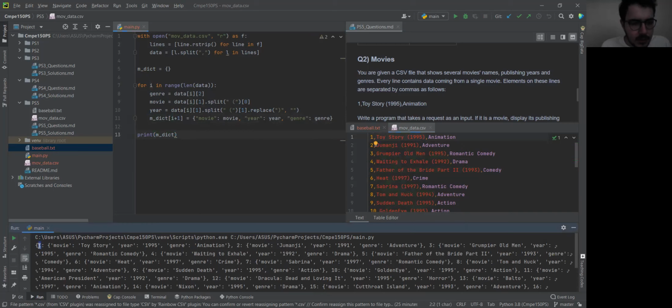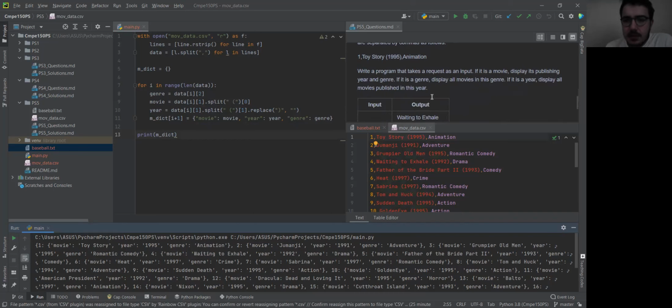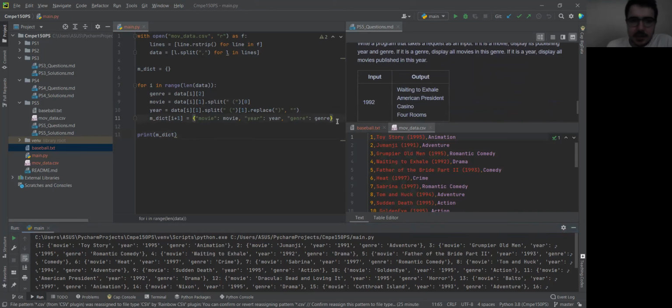The first key is here as 1, and its value is a dictionary which has 3 keys named movie, year, and genre, and it shows me the movie's name, the year, and the genre of it. So now I have a dictionary which contains all of the data coming from this CSV file. So then comes the challenging part. So for j in range mdict here,